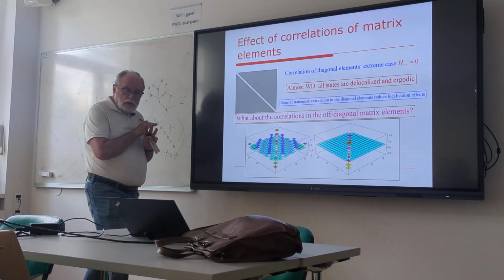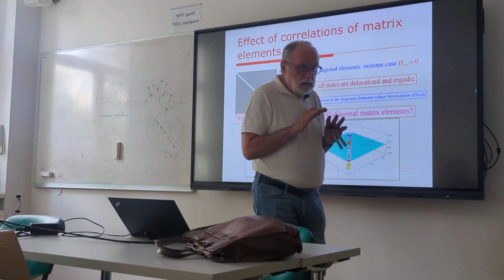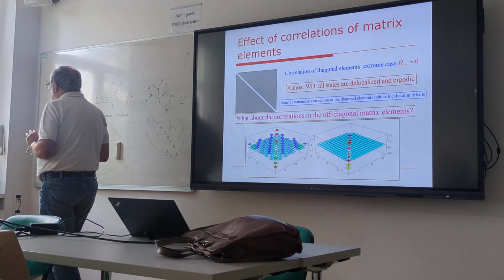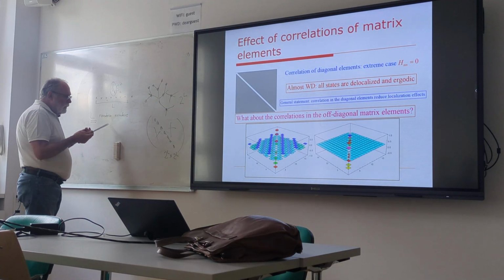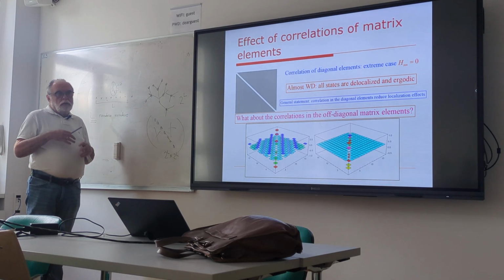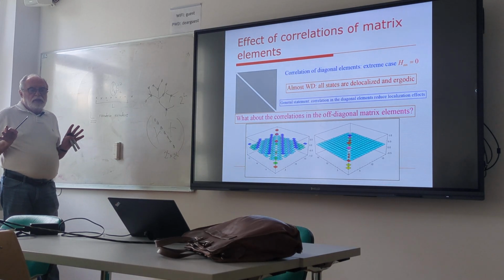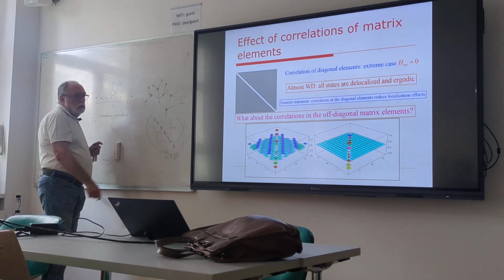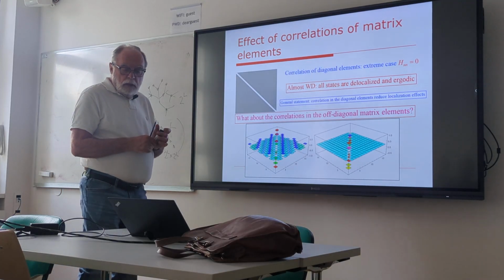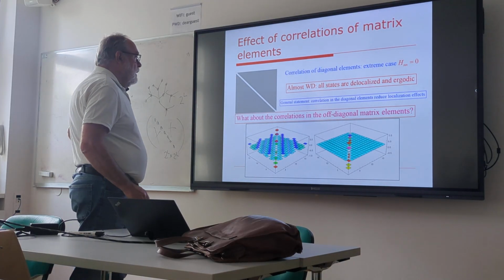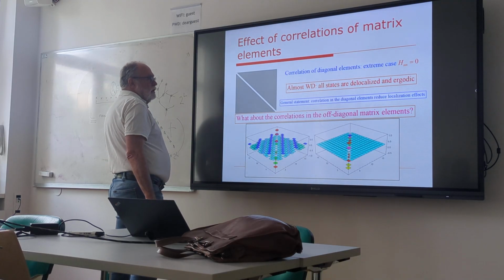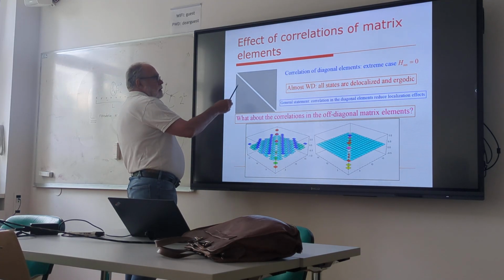And this makes a situation with interaction really difficult, because, and I show you how correlation can completely change any prediction that we have with uncorrelated matrix elements. So I just want to give simple example how important are correlations. So first of all, let's consider the following. Let's consider the so-called